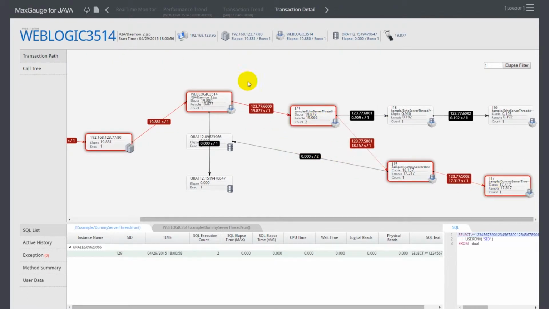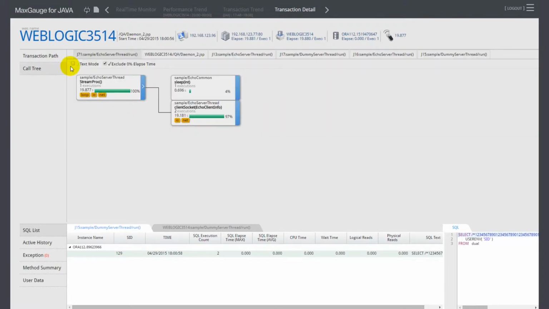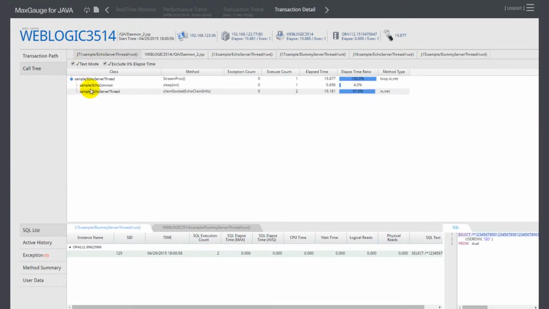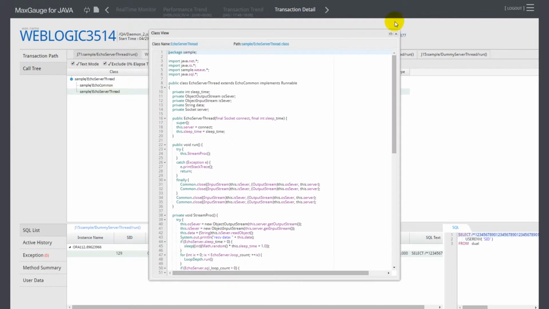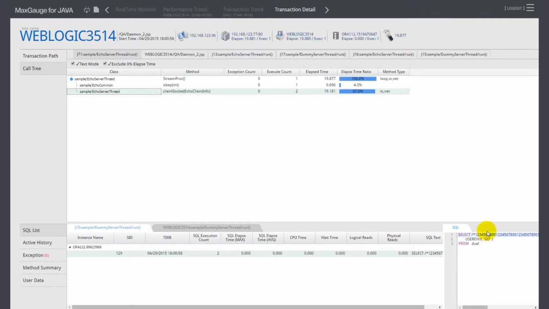You can easily identify bottlenecks at a glance through the transaction path view. And for a delaying transaction in application, you can use the call tree method analysis and check the class source. For a transaction which has been running in database for a long time, you can check the database workload information, such as physical reads and logical reads, through the corresponding SQL text, so as to quickly diagnose the cause of